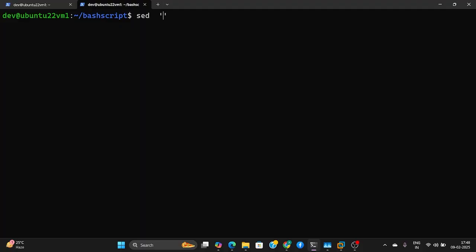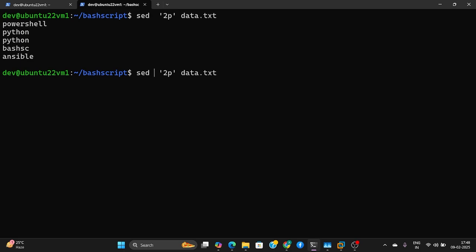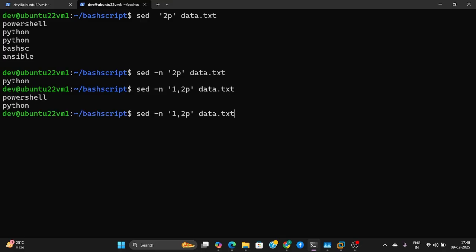Sed, here I will use print, hyphen n, data.txt, and here you can control the line number 2, but it is printing all. For that I will use this one, line number 2, it is printing only that. And you can also provide the range, 1 comma 2, like that you can provide the range,